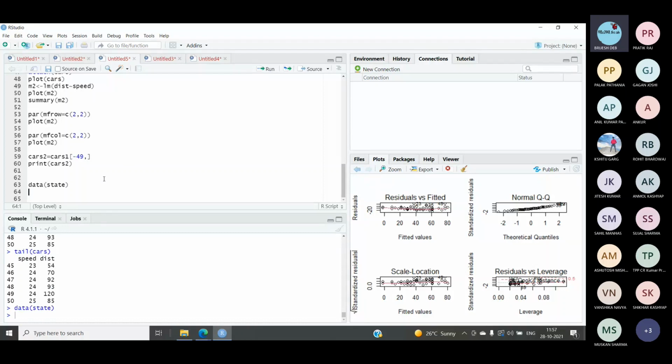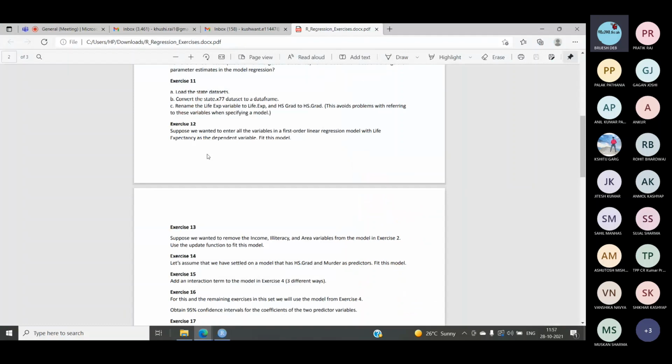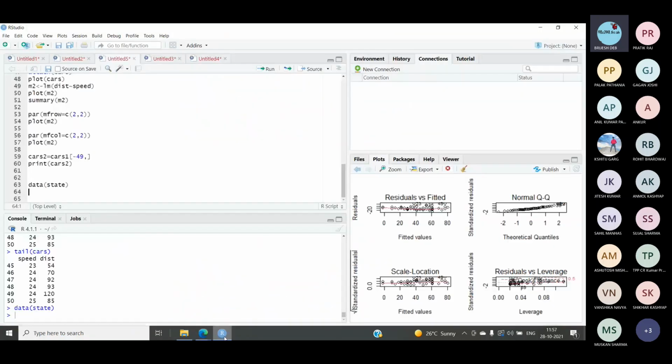But it says in the B part, convert the state.x77 dataset to a data frame. So in that case, we have to create a data frame. Let's call that state 77, and inside it we will use the data frame function to make it a data frame.